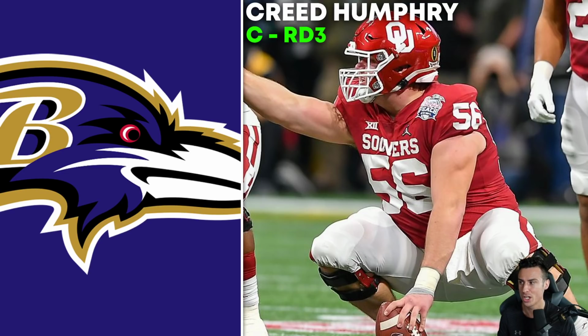He's going to be a power, gap blocker at the center position, gap scheme, which involves a lot of power blocking, obviously. And that fits what the Ravens are trying to do here. They were lacking at the center position last year. It actually cost them some games, really. Some big-time plays, at least. But I think it resulted in a game or two. So adding a guy like Creed Humphrey, the center from Oklahoma, could be a target for them because I do